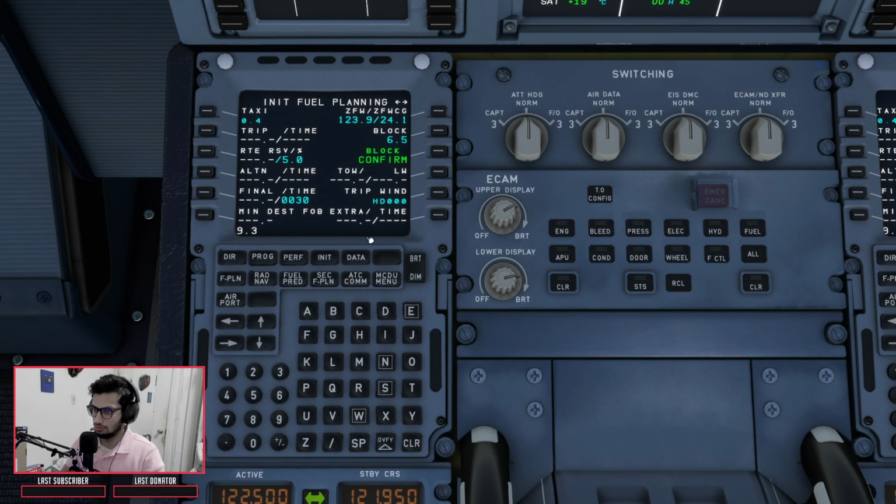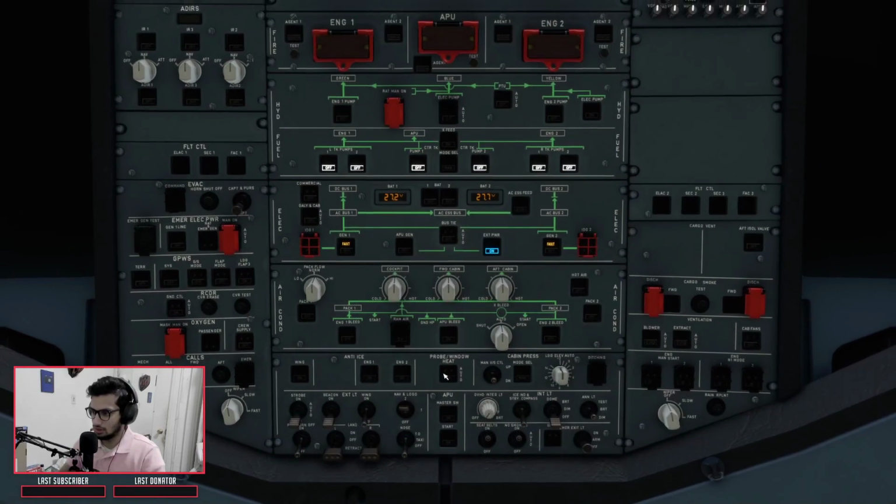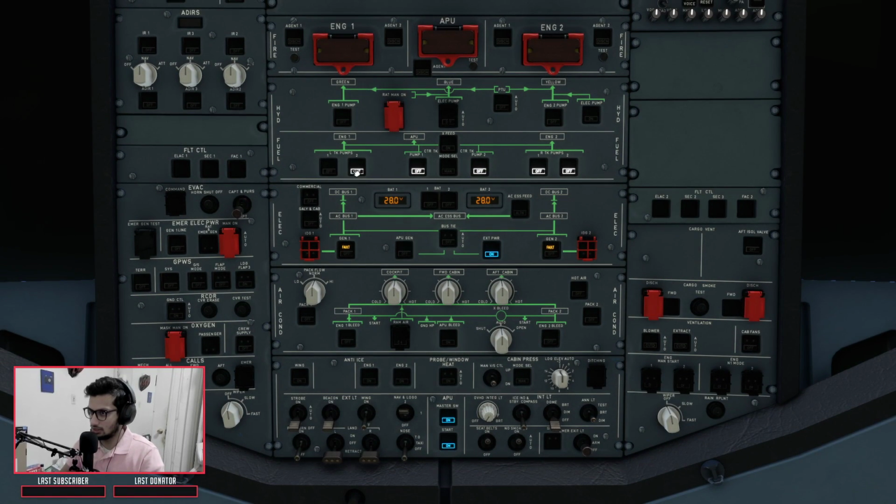Just 9.3. Okay, 9.3 here. We get our data over here. And now the last thing that we need to do is performance. So for flex, we're not going to set up flex temperature actually. First thing, flaps, we'll be doing flaps 1. We have our transition altitude here, so we can get our V speeds. 127, V1, V2 is 128, and VR is 128, and for V2 132 we're going to add 10 knots to that, and we are done with our flight planning. The next stage is to go upstairs, turn our APU master, APU start, and all the fuel